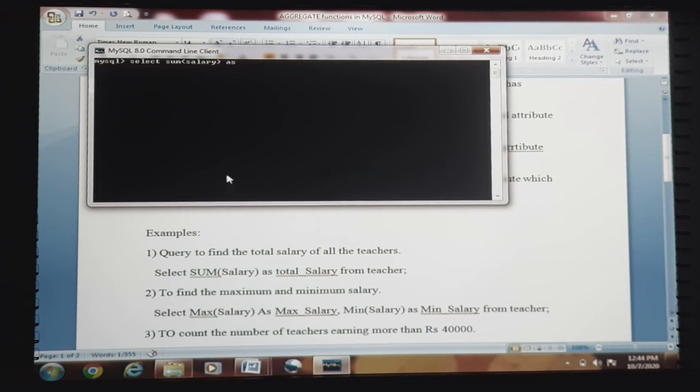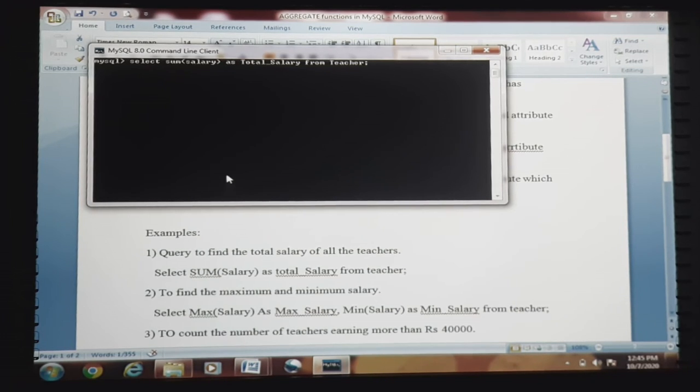Now using alias as total underscore salary from teacher. See here, as I have already discussed in our previous sessions, MySQL is case insensitive. So whether you are using lowercase or uppercase, that is of no issue at all. You can use lowercase also, you can use uppercase also.